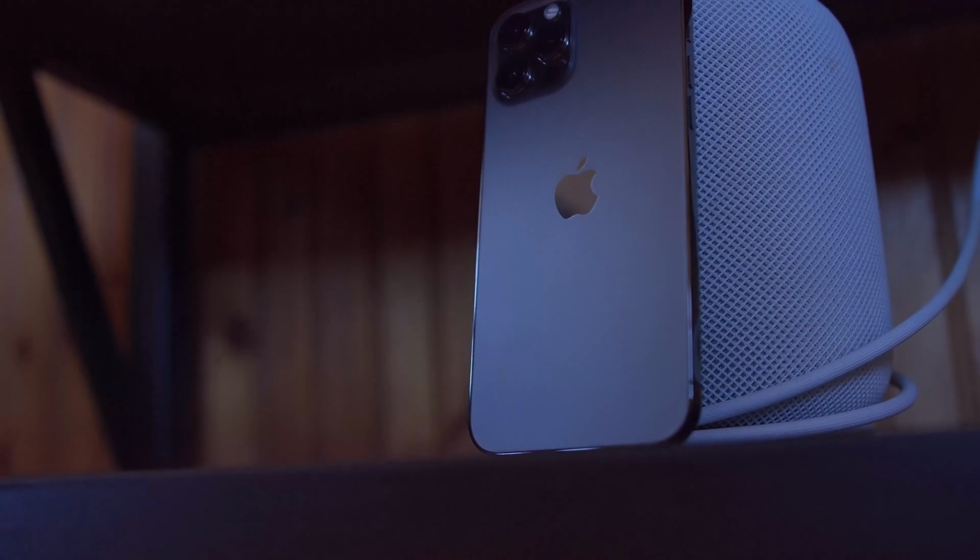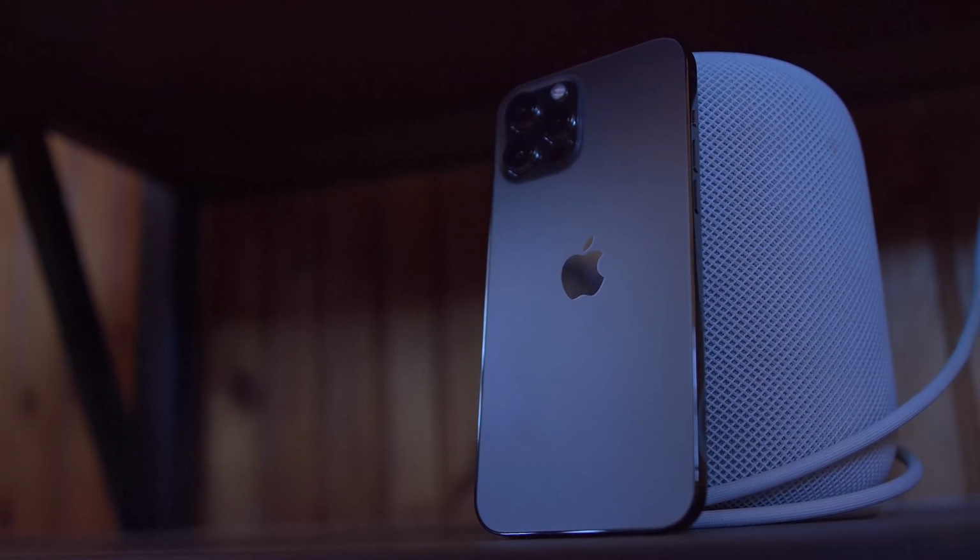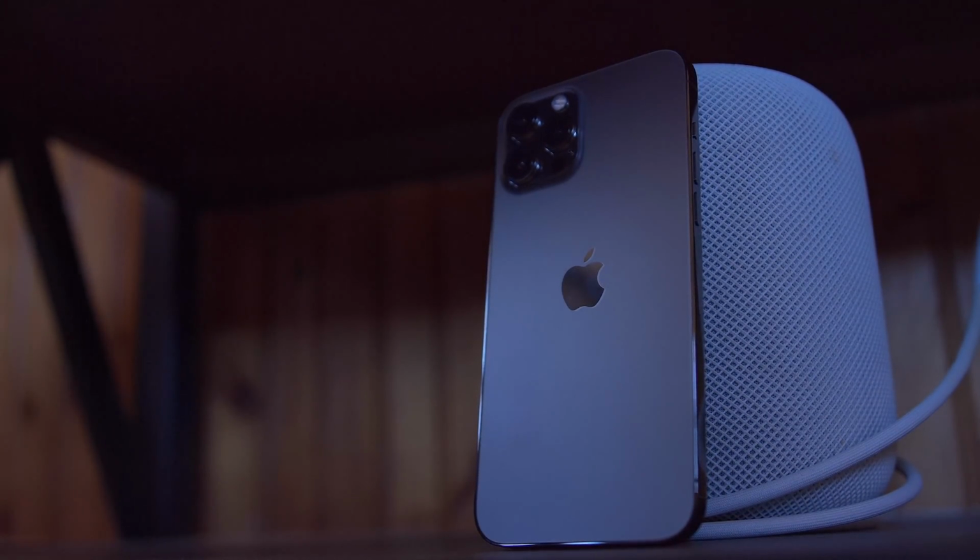I'm not saying quite yet that that would be a good idea on a display like this, mostly because of the aspect ratio. I think that's the main issue, but because of the aspect ratio iPhones are going with these days, I think that's the primary reason this phone feels so big, because I know I've reviewed other phones in the past with much larger displays than this, but typically they're a lot taller. You know, phones like the OnePlus 8 here also have a 6.7 inch display, but it's so much taller than the 12 Pro Max that the iPhone just feels so much larger because the width is a bit more noticeable,